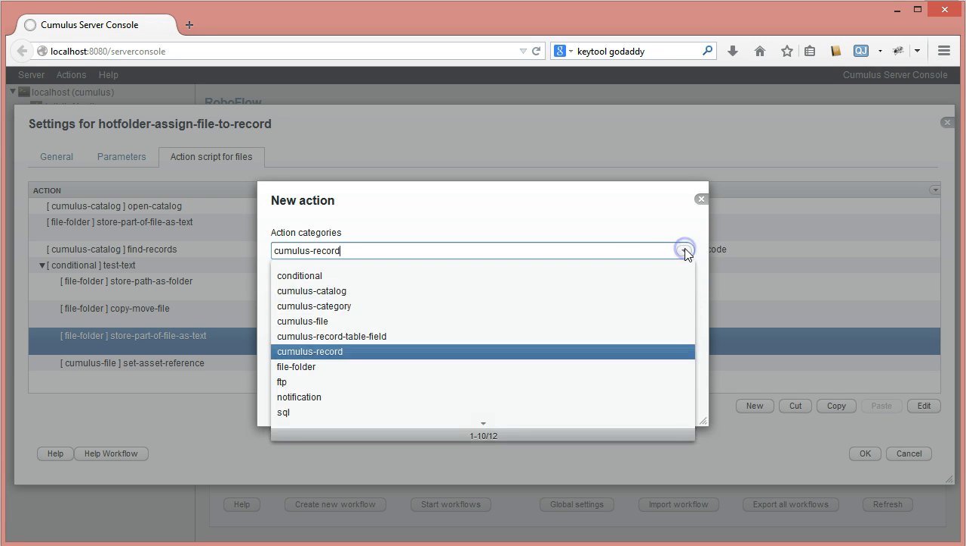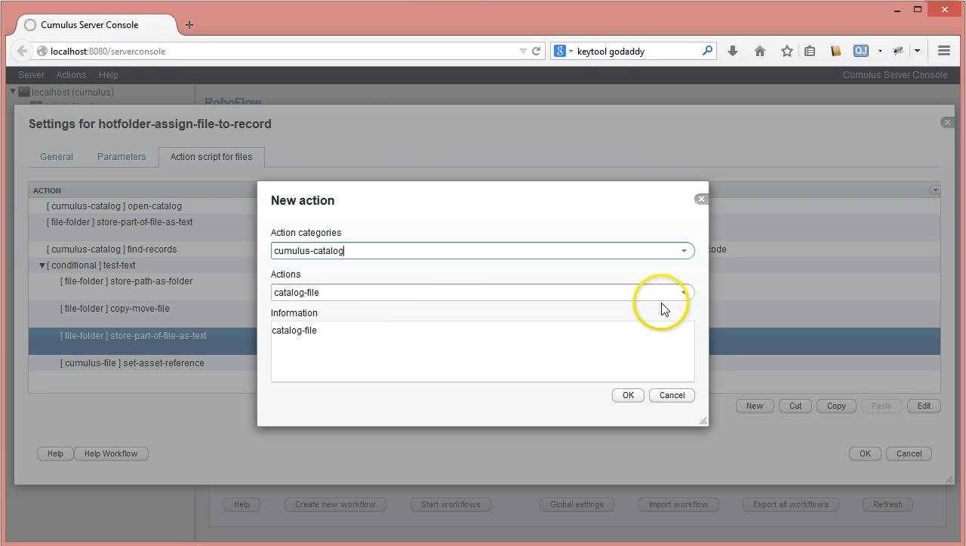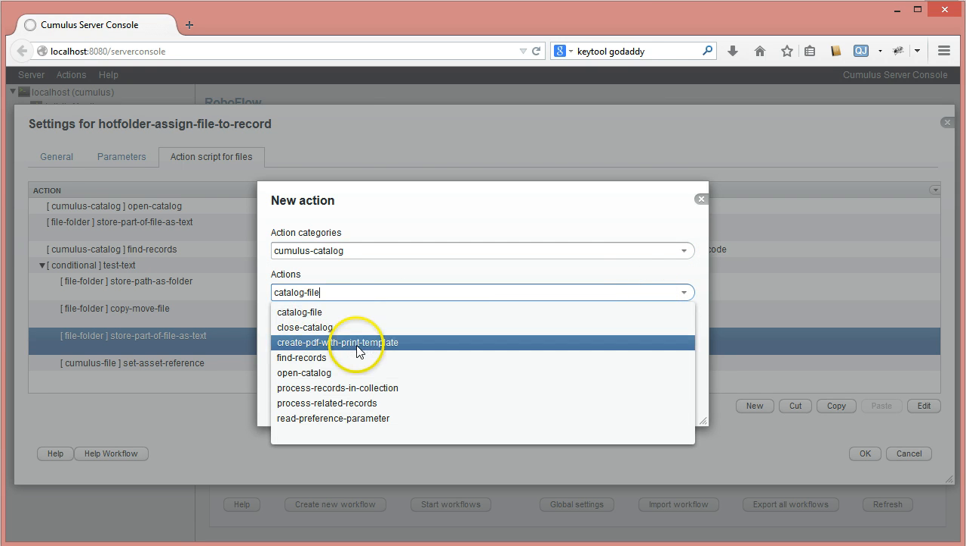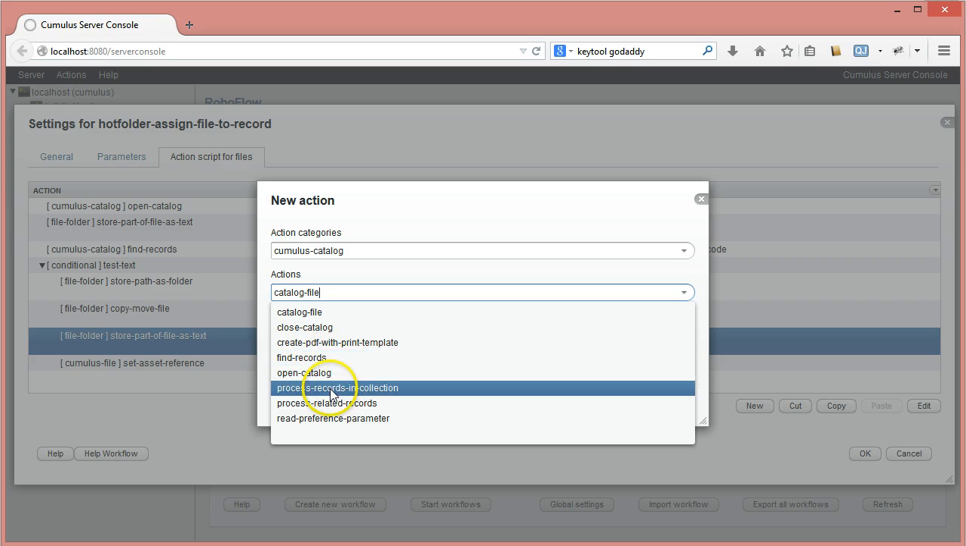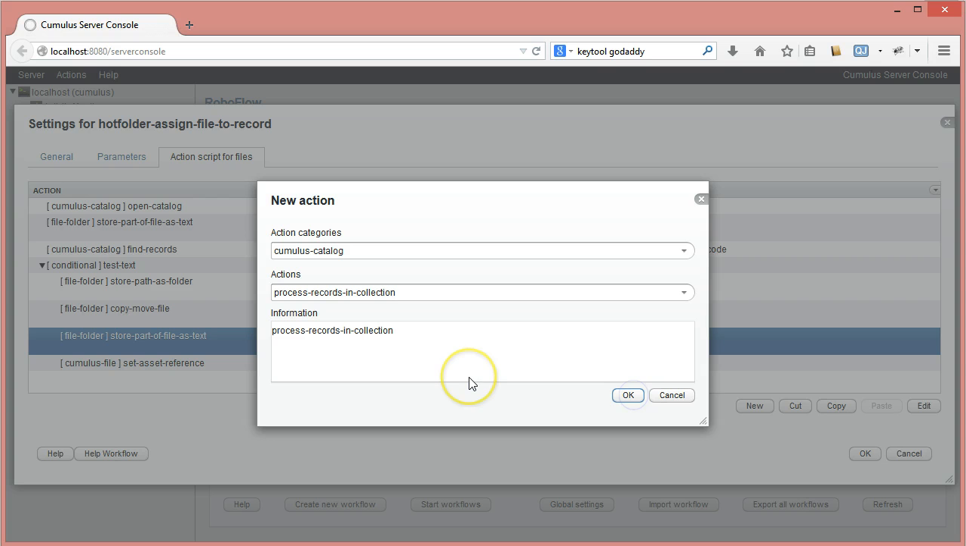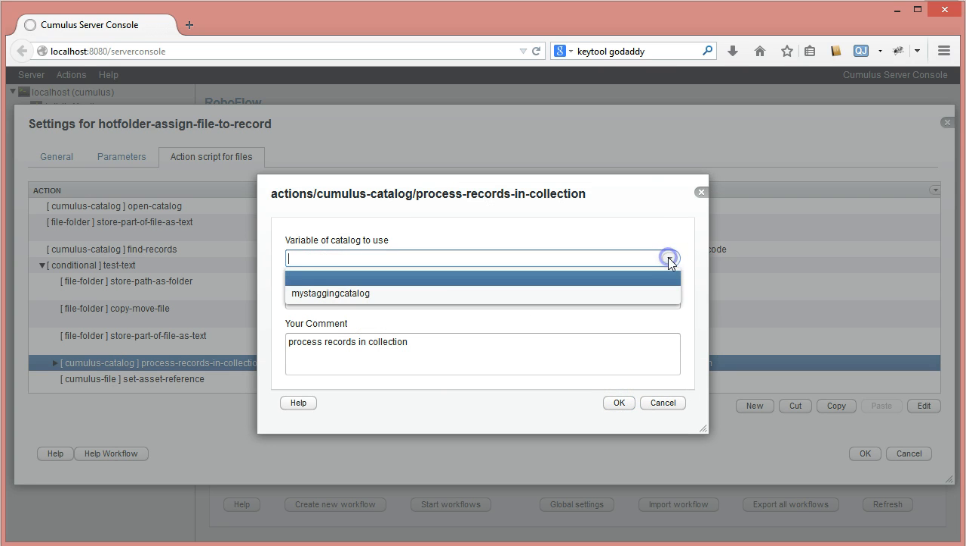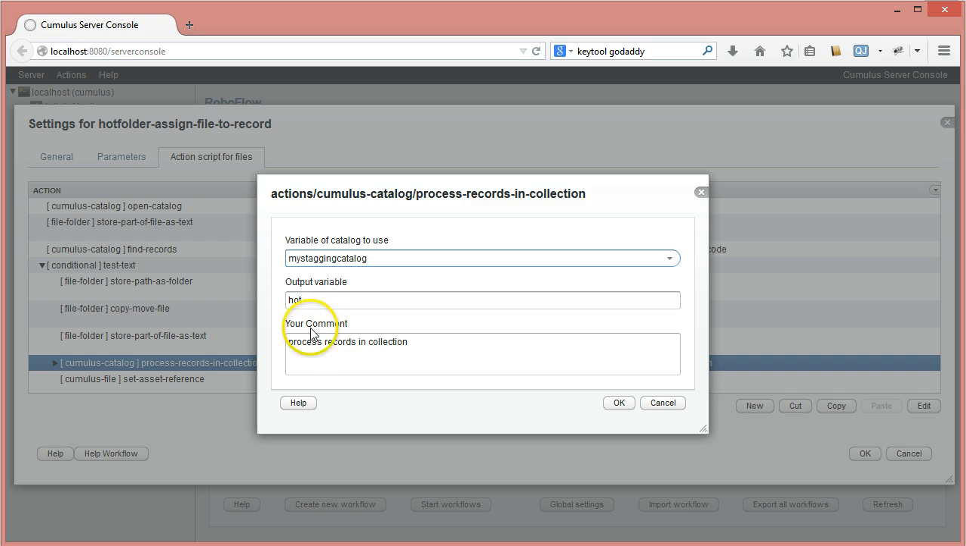It's with Cumulus catalog. In Cumulus catalog, after a find, I can process the records that were found in that collection. So I'm setting this. It says which catalog? Well, that was my catalog. And how do I want to call this? So I can say my record, or you could call it hot if you prefer. Process record found